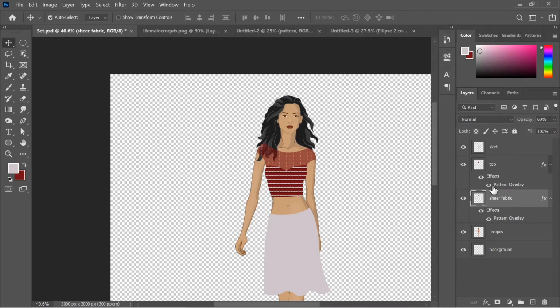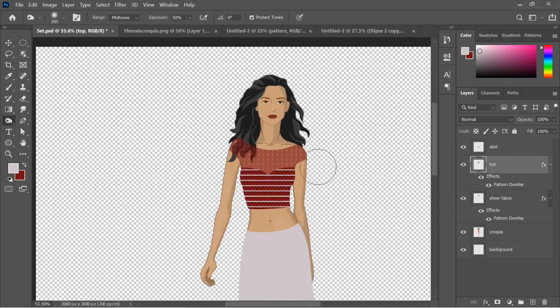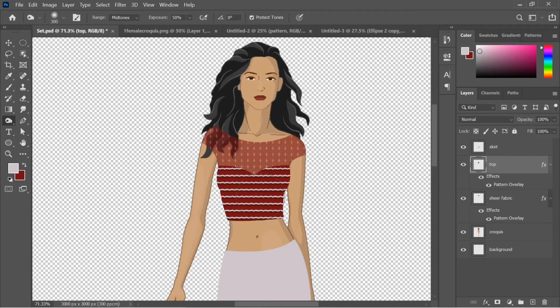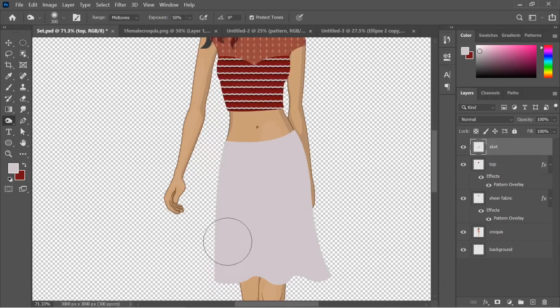For these two layers which have effects, you cannot apply the dodge and burn tool directly over it. I'll show you how. See, I'm in burn tool. I couldn't apply this tool over this because I'm already having a pattern overlay. But for this layer, which doesn't have any pattern, you can apply the burn tool. You can see it, right?